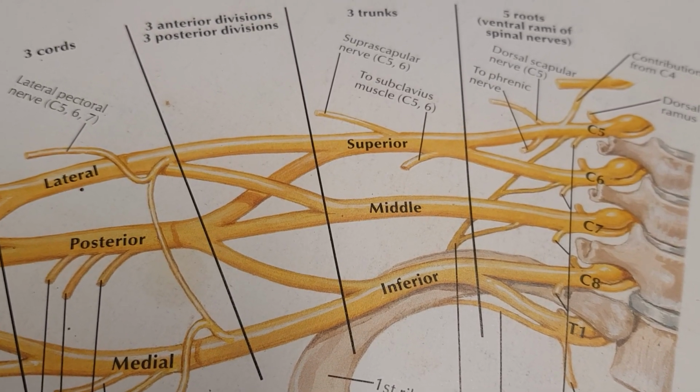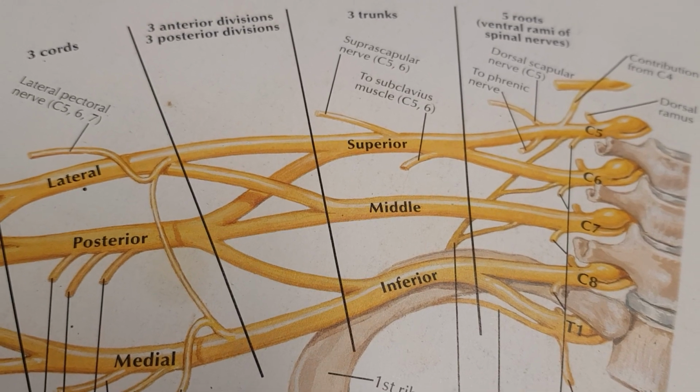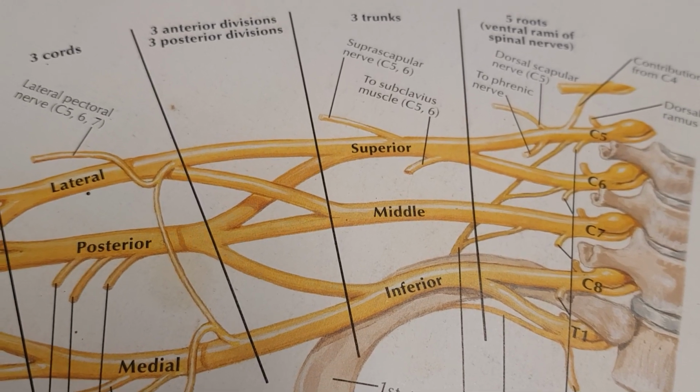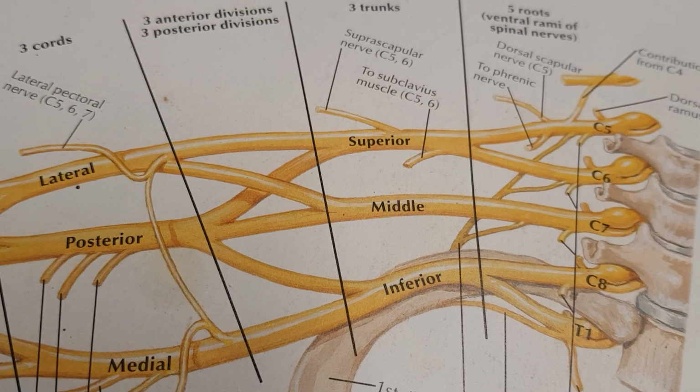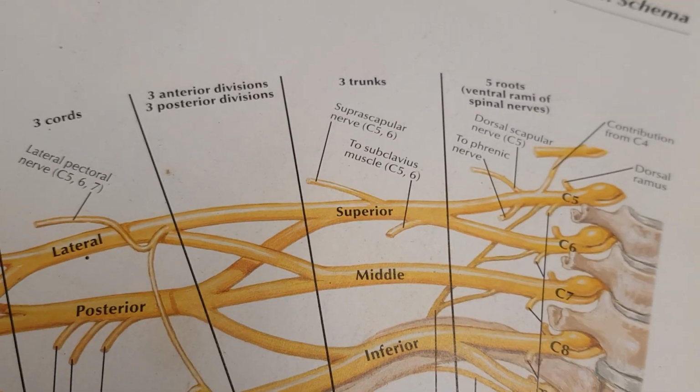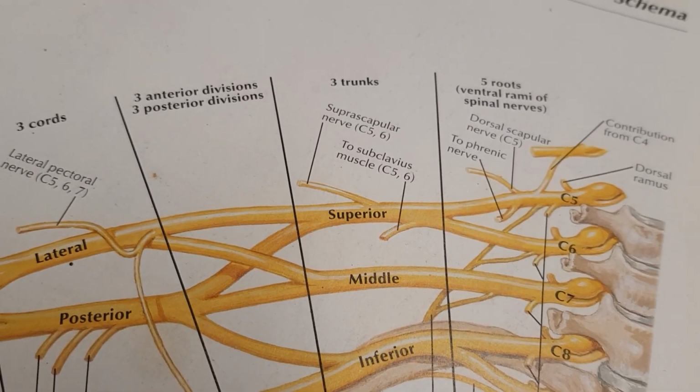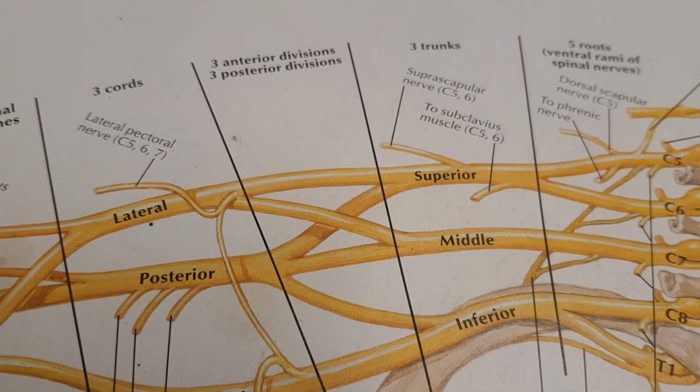Flaccidity or hypotonia will be the first sign after the stroke, and thereafter maybe there will be increased tone, hypertonia. But the main problem that will occur is the shoulder pain,